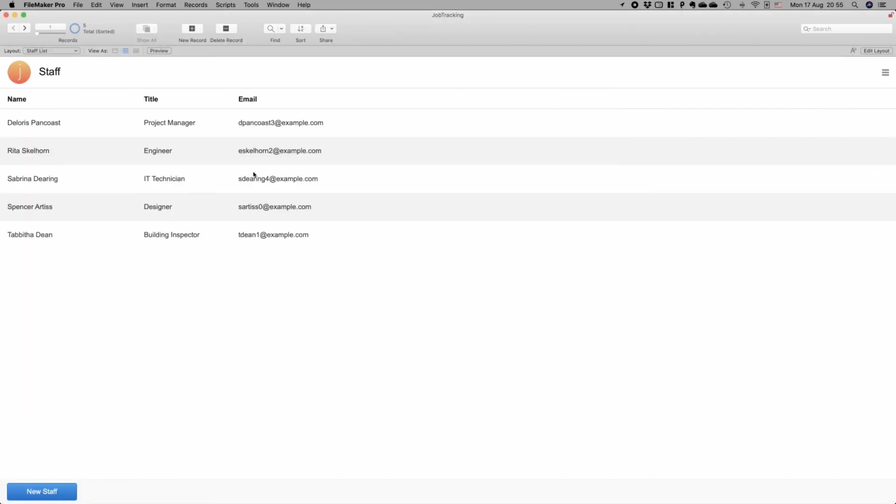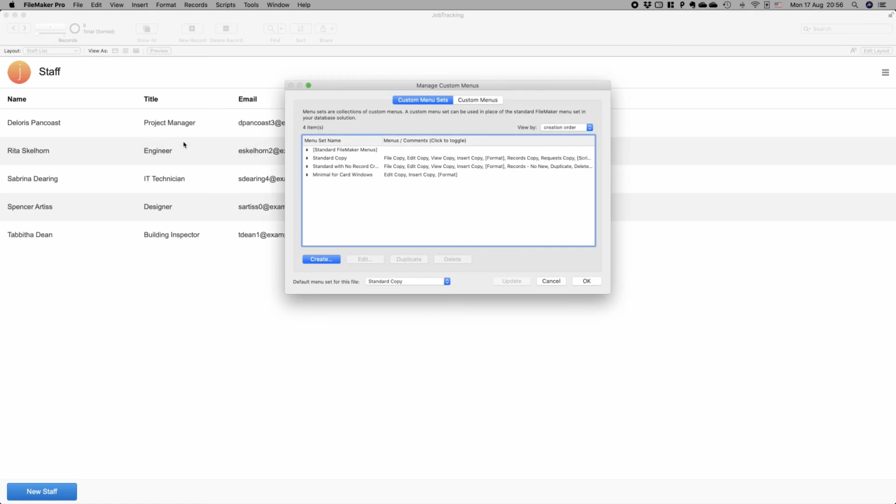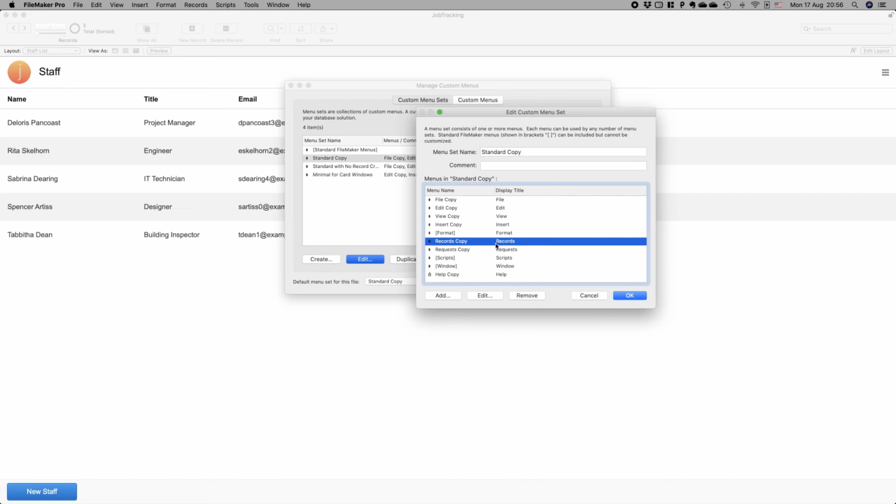Now let's make a modification and check the getAuditLog custom function. Before that, let me show you a cool trick to allow users to use the new record and delete record default FileMaker buttons. Go to File, Custom Menus, and here you see the default menu set for this file is Standard Copy. I will edit this menu, Edit Records,